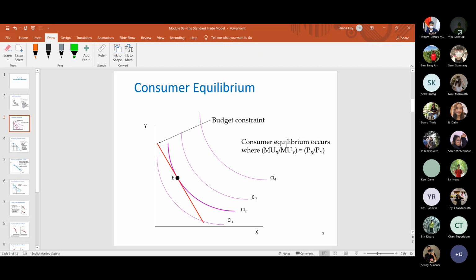Okay, this is the marginal utility. This is for your indifference curve, and this is for your budget line. Okay,